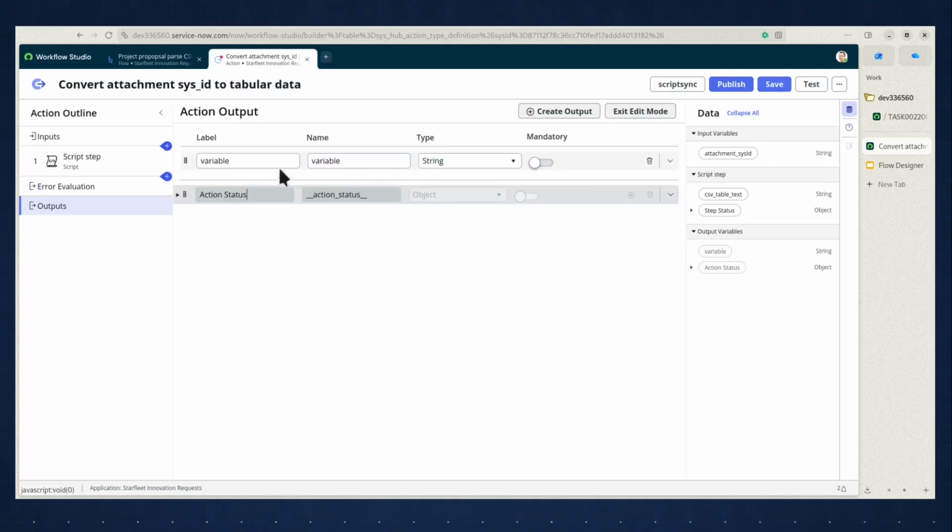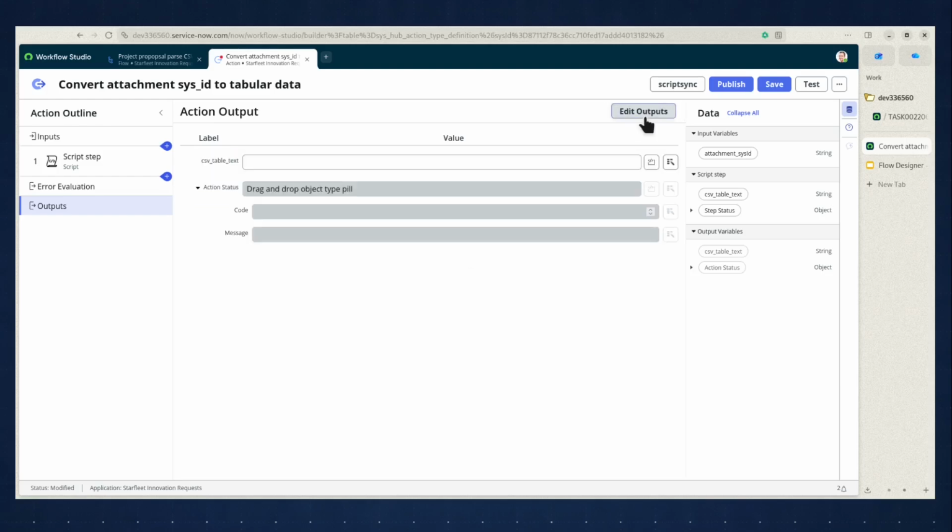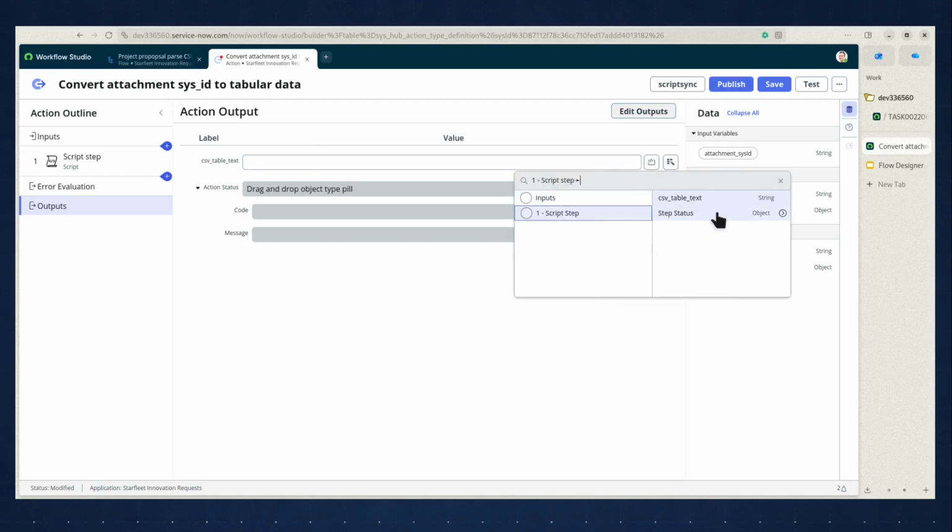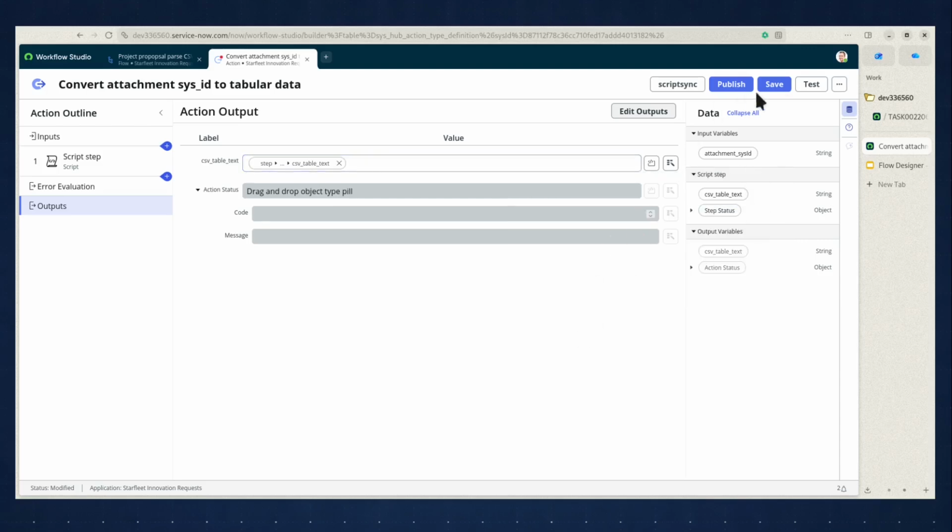So we'll create a new one here, and we will call it the same name that we called it there. And once we create it, we will exit edit mode, and we get into assignment mode. So once here, you can click on selector and script step and select the output name that we set there. So this is done,